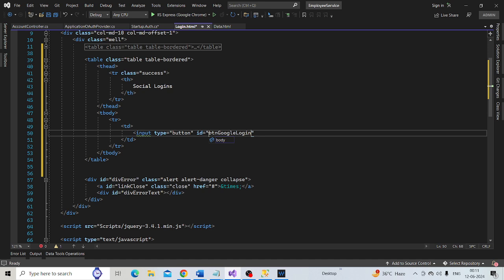The value on the button is Login with Google. And let's use the Bootstrap class btn-success.